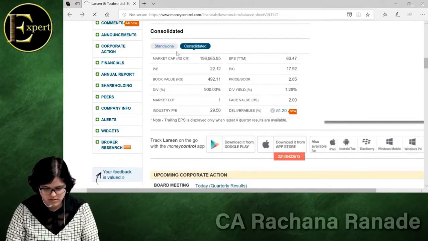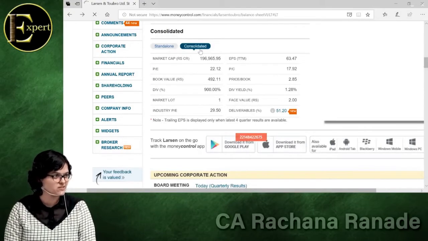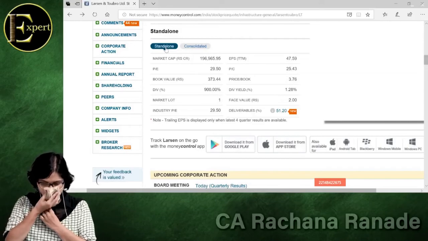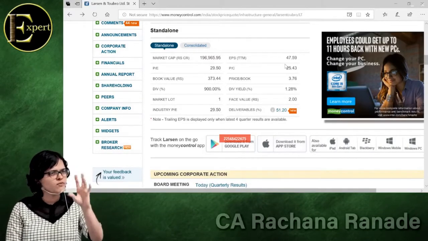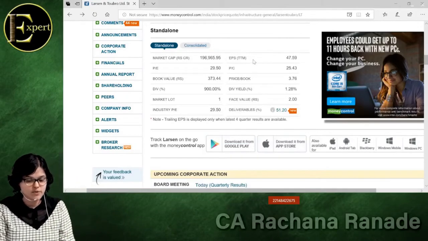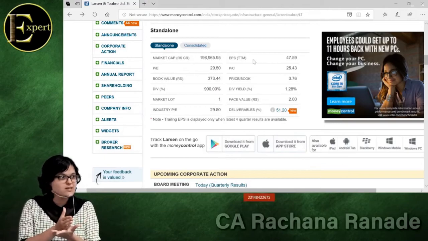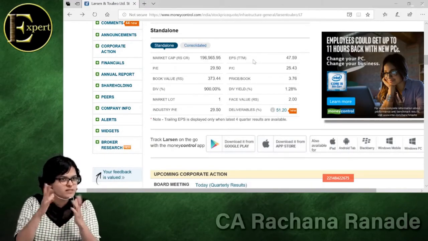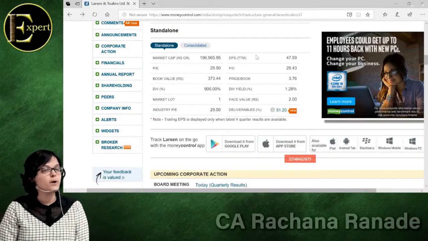So consolidated. See here also standalone, consolidated, and now you know these points. So what were we checking right now? Standalone. Is this correct? Roughly 48. अपना roughly उतना आ गया. So now you should at least be able to understand कहाँ से आया ये EPS. Your calculation should at least go close to that. Might not be perfect to the decimals because we are ignoring certain decimals and all that. Okay, so we understood what is earning per share.